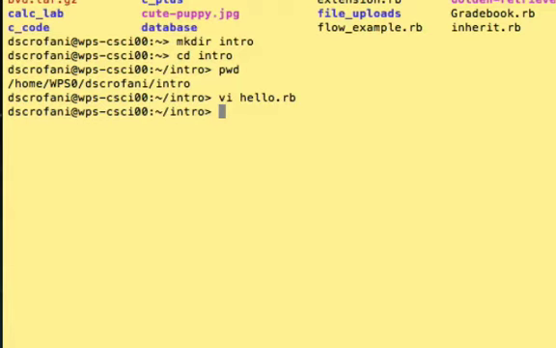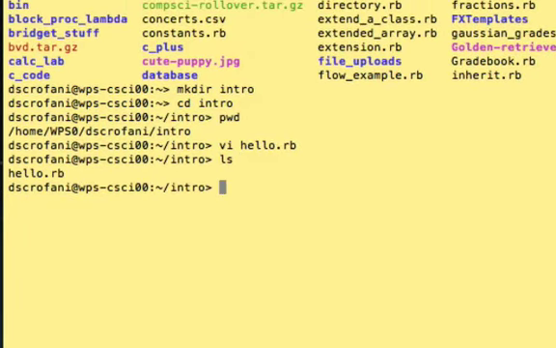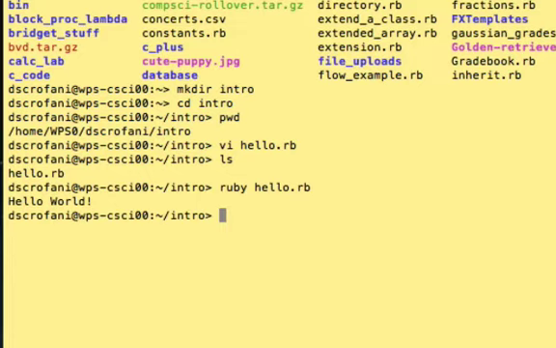Now if I issue a list command to look at the contents of my directory, you'll see that in this intro directory there's now a file called hello.rb. So let's run it. The way you run a Ruby program is to type in ruby and then the name of the file, hello.rb, just like that. I hit return. It's not very exciting, not a whole lot happens, but it prints the words hello world to the screen. Okay,